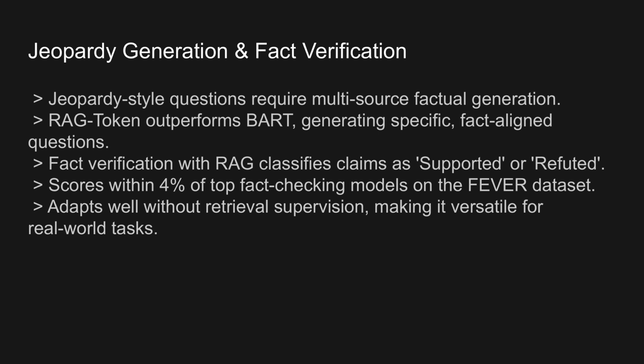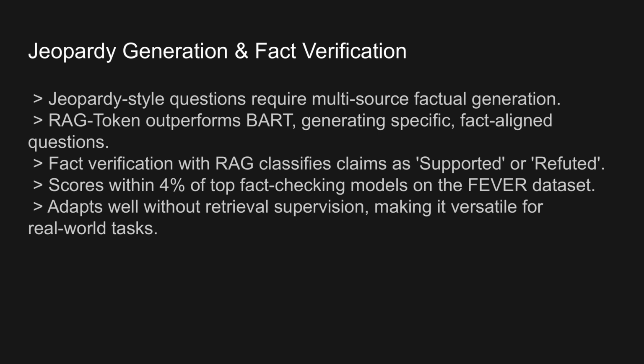Yes, RAG outperformed BART in both factuality and specificity. In a human evaluation, RAG produced questions that were more aligned with factual details and included unique information tailored to the answers. RAG token, in particular, stood out because it could pull from multiple documents to gather supporting details for generating these complex questions. This capability makes it ideal for generating questions that need more than a single source of information. Interesting. So, RAG token's approach of combining multiple sources helps it generate better, more informative Jeopardy questions compared to